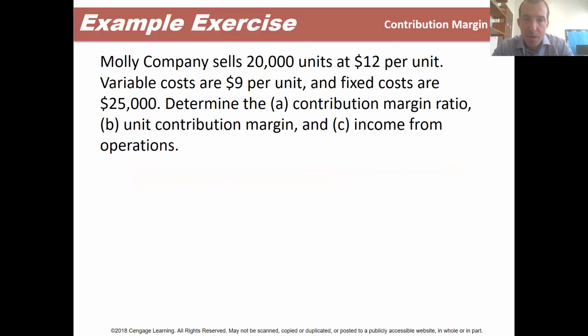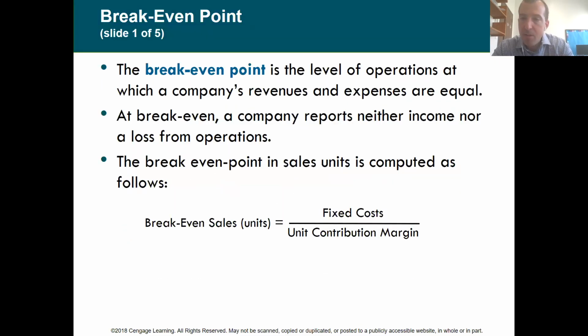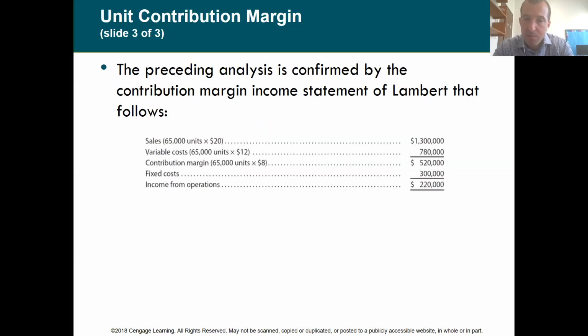I'm going to skip the contribution margin ratio for a minute, but I want to apply this contribution margin to break even. So a term that we learned about this week is break even. Break even is how many units I need to sell in order to cover my fixed costs. The formula to figure out the break-even sales in units is total fixed cost divided by the unit contribution margin. And the formula for unit contribution margin is selling price minus variable cost. So that would be, in the previous example,